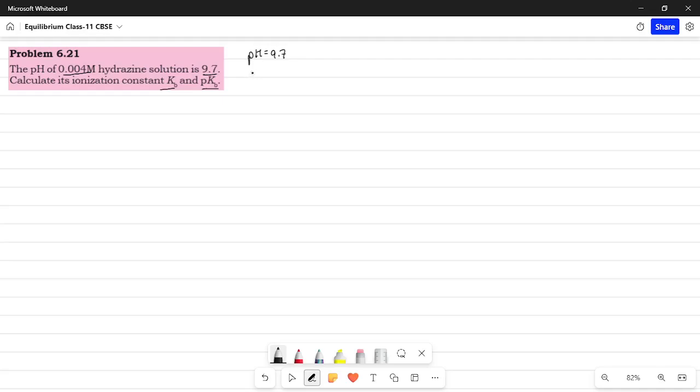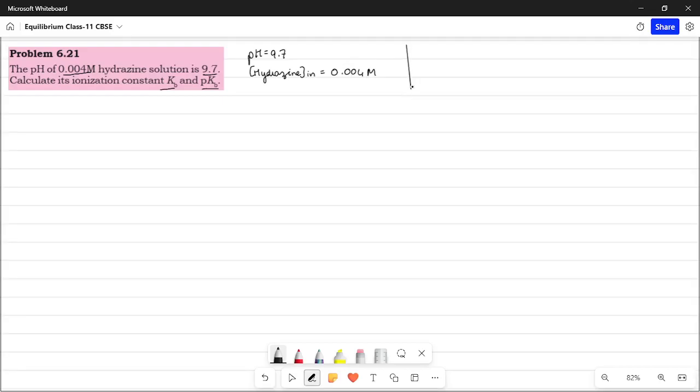And then we've been given the initial concentration of hydrazine is equal to 0.004 molar. We need to calculate,